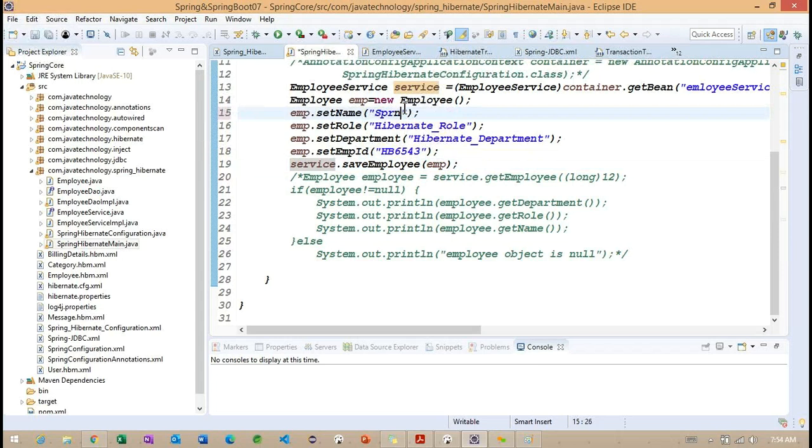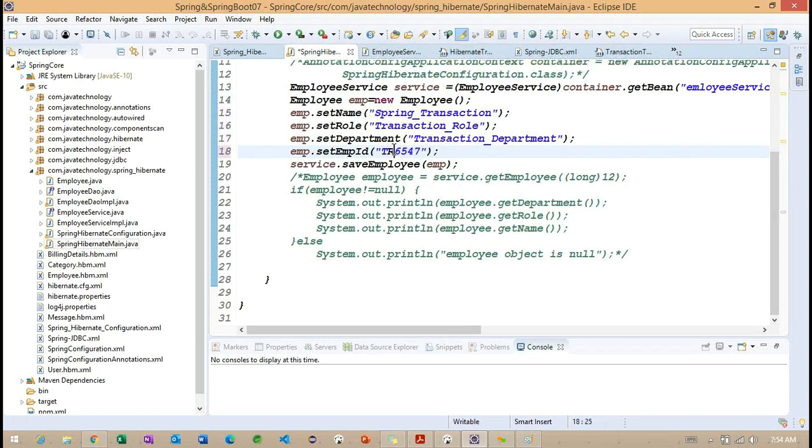So here, string transaction, role, transaction department and something called 47.